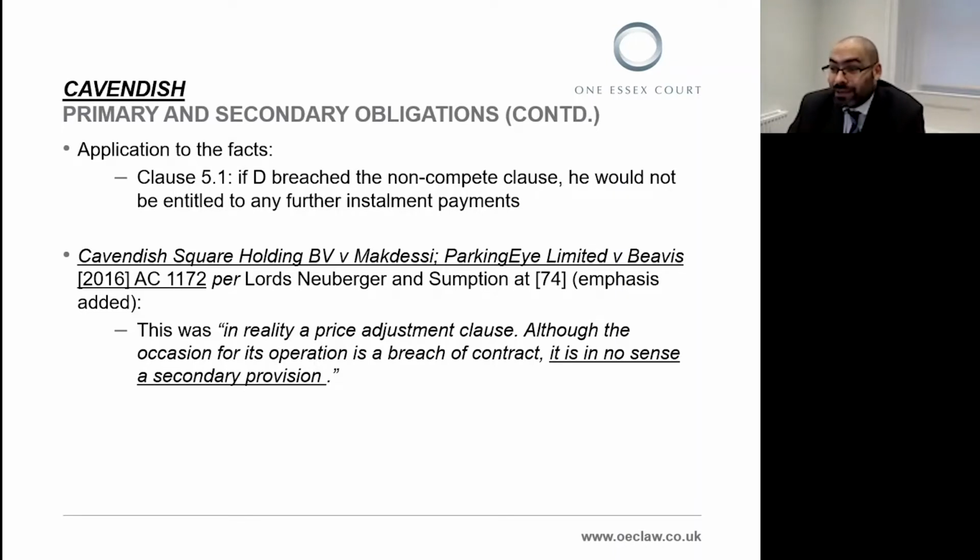Lord Mance made clear that he thought the penalty doctrine was engaged on clause 5.1. Lord Hodge applied the penalty doctrine while recognising there were strong arguments for regarding clause 5.1 as a primary obligation, and Lord Toulson agreed with those parts of Lord Mance's and Lord Hodge's judgments, and Lord Clark agreed with Lord Hodge on this point. This is really the sort of case which I'm sure law students will love in years to come as they try and work out exactly what parts of the judgment formed the ratio and had majority support.